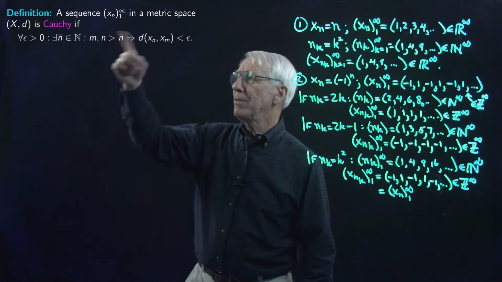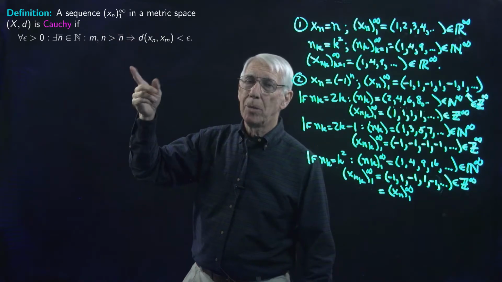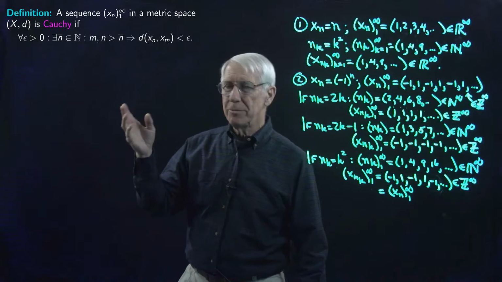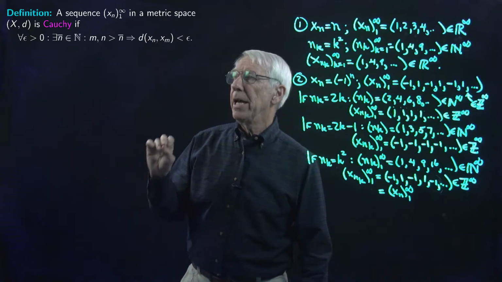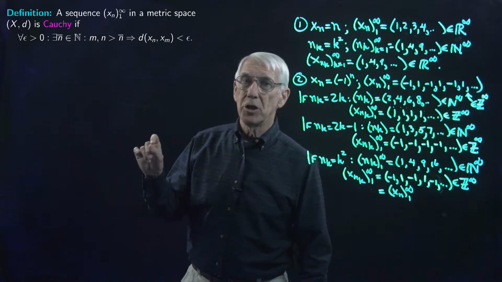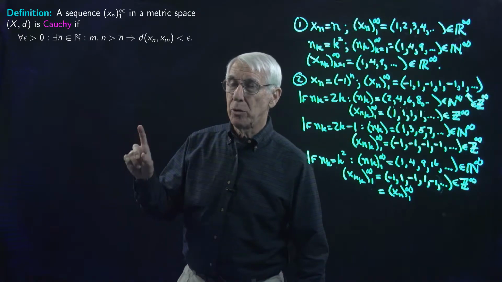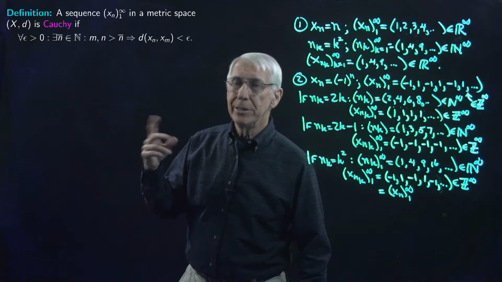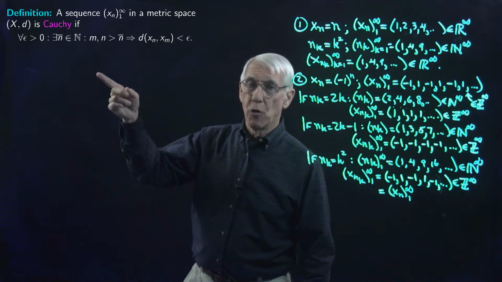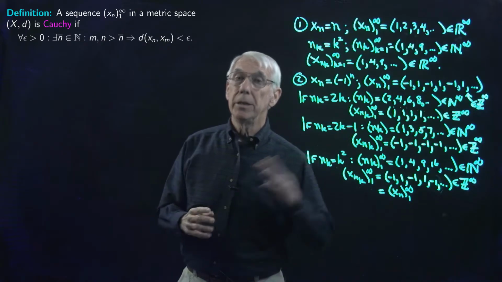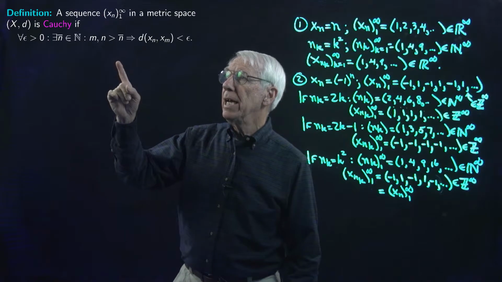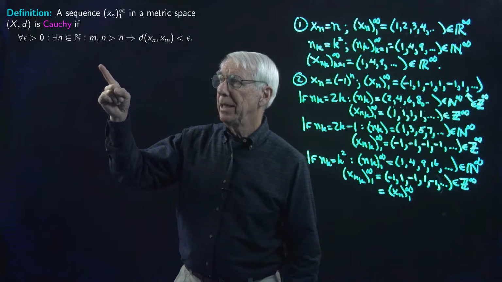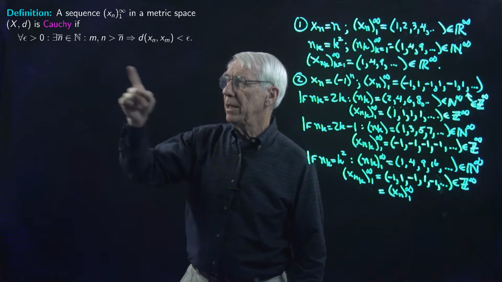So here I've gone back to a metric space, but you can think of a normed vector space, or you can think of it as being Rn, or you can think of it even being the real numbers. And in fact, probably thinking of it in terms of the real numbers to start with is the easiest thing to do. But I've written it in this general form because that's where you're going to see it down the road in future courses. So we say a sequence is Cauchy if, and now look down at the